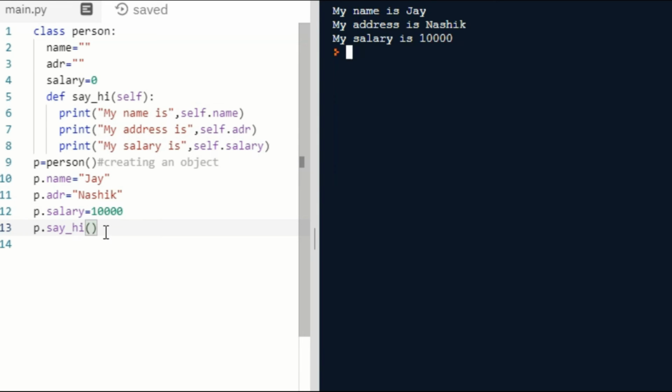So it is P dot name, and what is that? Jay. P dot address, what is that? Nasik. P dot salary, what is the value? 10,000. Likewise, this printing of the message will be done. You will get the output, my name is Jay. So we don't have to write self while calling. It is done automatically. It is your current calling object, that is P.